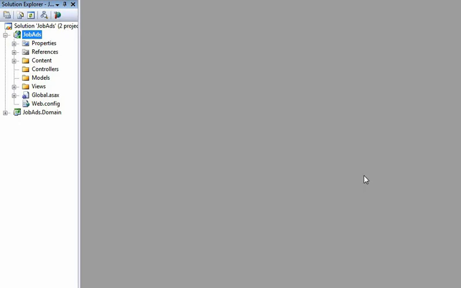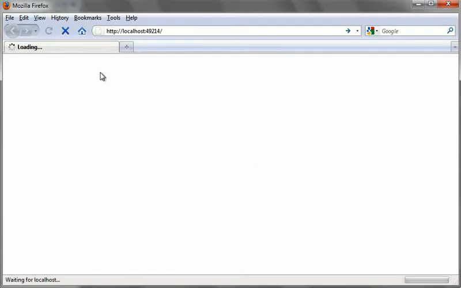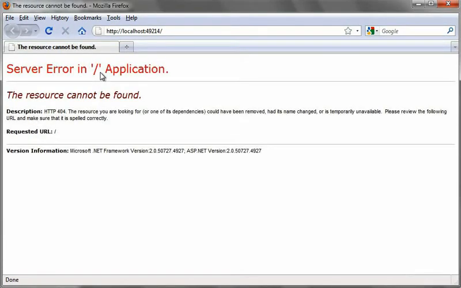Alright, let's write some code. So for the rest of this session, we will be demonstrating controllers and actions by building up a little demo project called Job Ads, which will be a site where you can search for programming related jobs. So far, I've got a new ASP.NET MVC version 2 project, which is almost completely blank. It doesn't contain any controllers, which means that although I can build it, I can't run it. If I try to run it and open it in a web browser, I'll just get a 404 not found